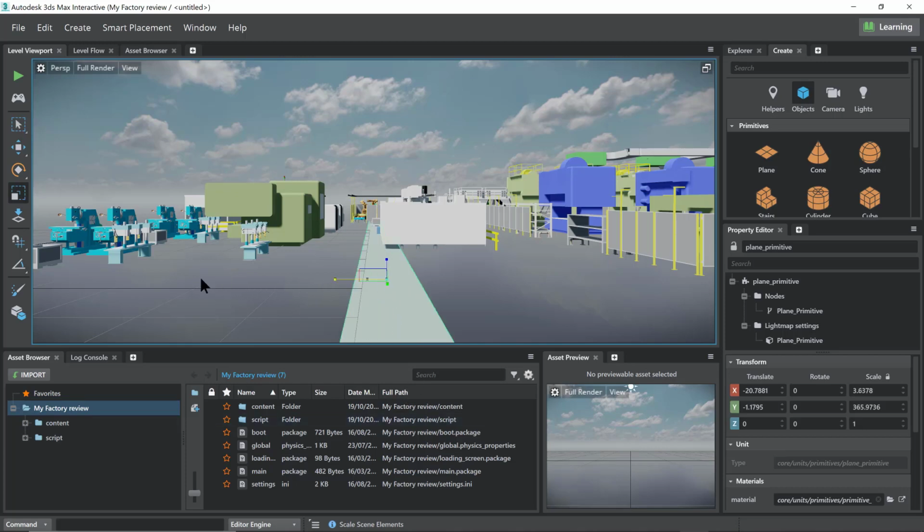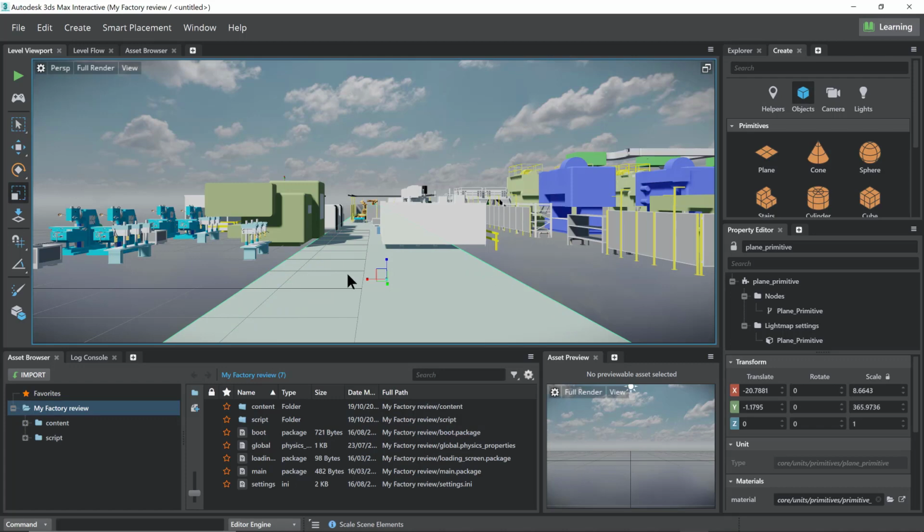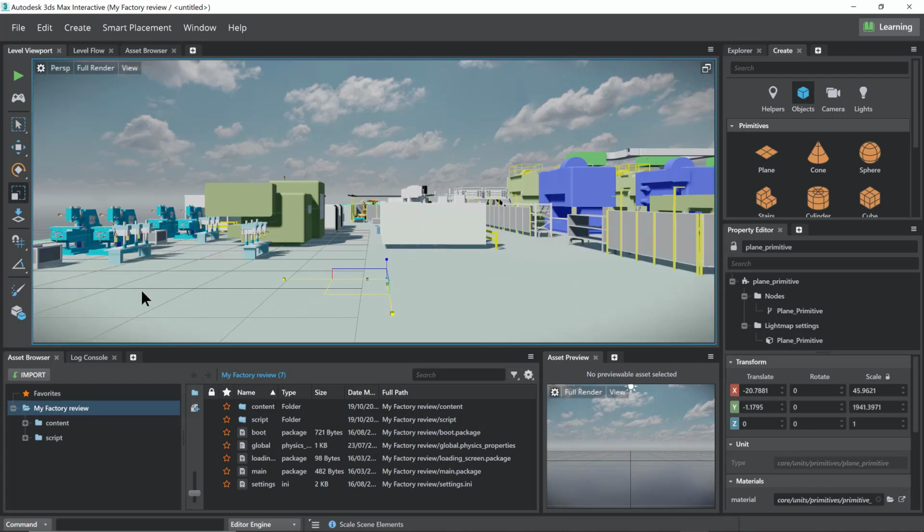It is a floor that is beneath my equipment. And as I place it, one thing that you would notice is how automatically the shadows were created and cast on the plane.